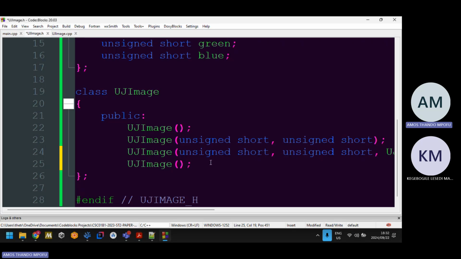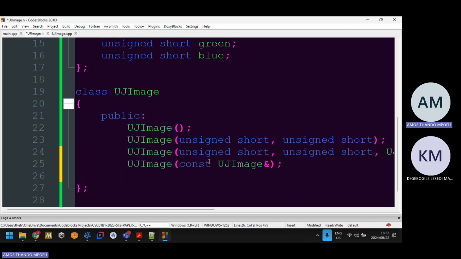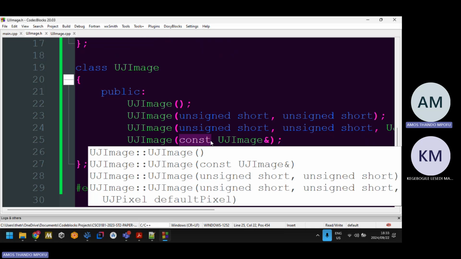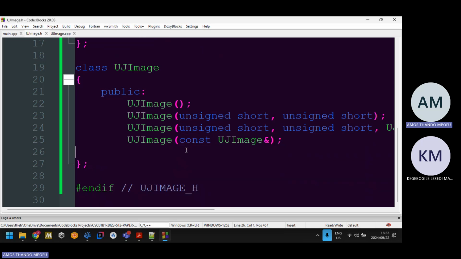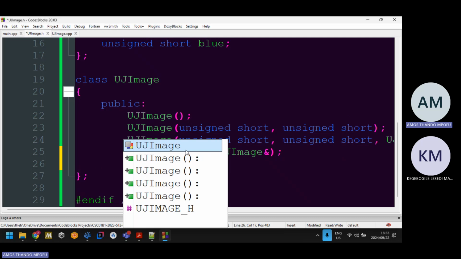They taught you about copy constructors. So const UJ image by reference, because we want to copy the image. So we don't want it to be lightweight. So we're going to take in a UJ image by reference. But since there's a possibility of changing the image, I'm going to put the const keyword to say it should remain constant, to leave it the way you found it. And then at the end of the day, I'm going to have a destructor,